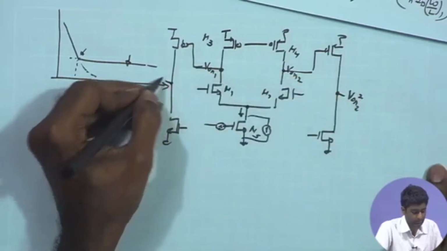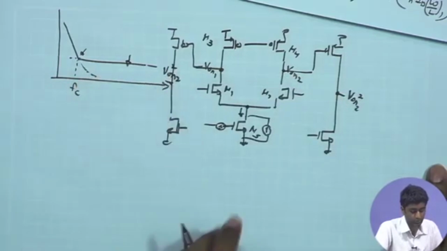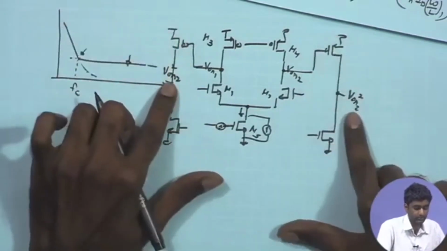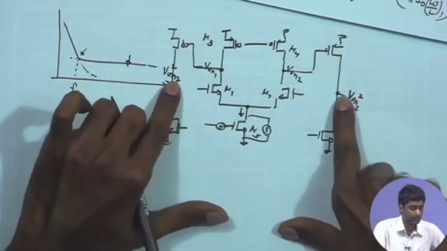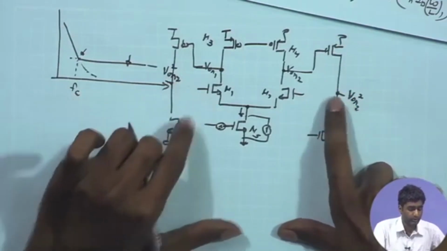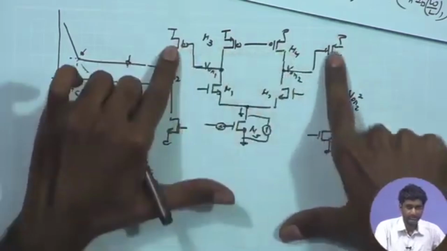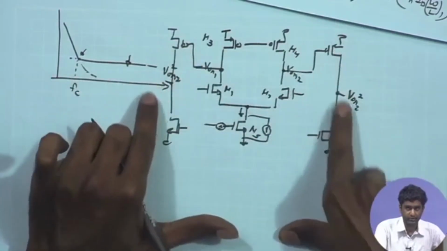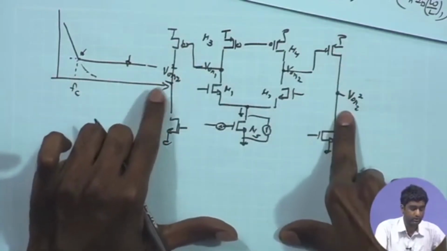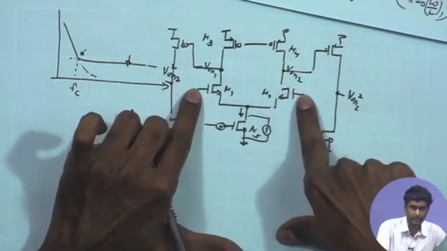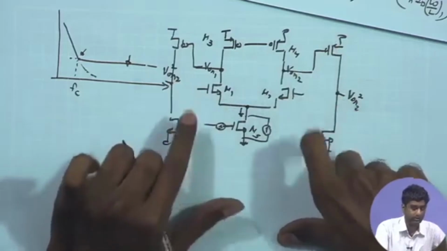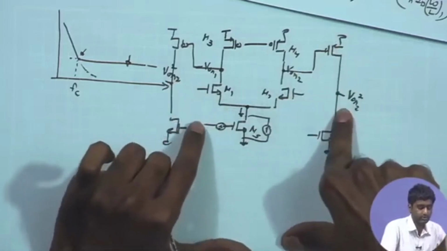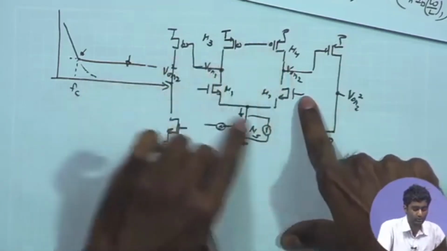Magnitude-wise, they are going to be the same because they are symmetric devices. So, the mean square value is the same, and if we want to refer it to the input, it gets divided by the first stage gain as well as the second stage gain. So, VON square, its equivalent input referred noise, gets divided by (gm ro/2) whole square. As a result, its contribution will be much lower as compared to the noise produced by the first